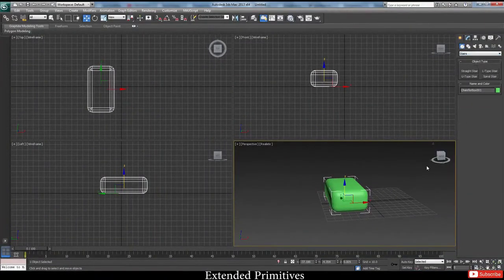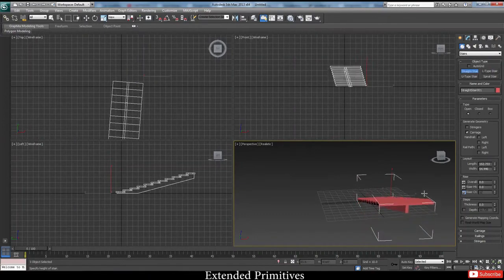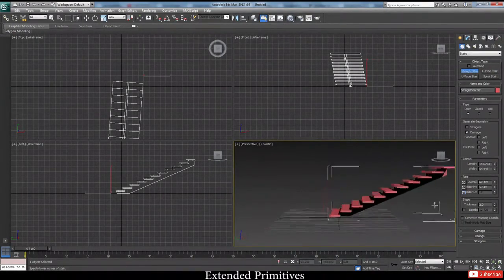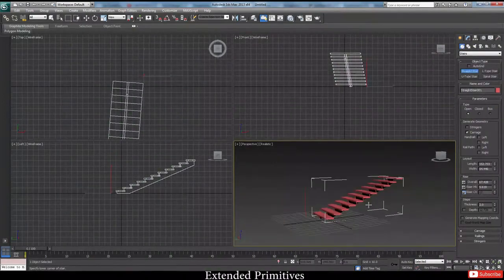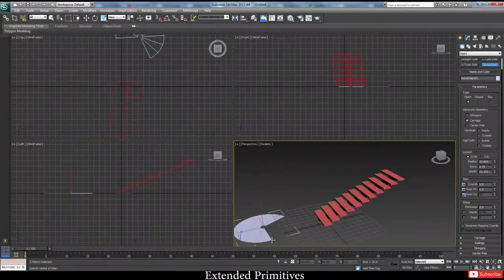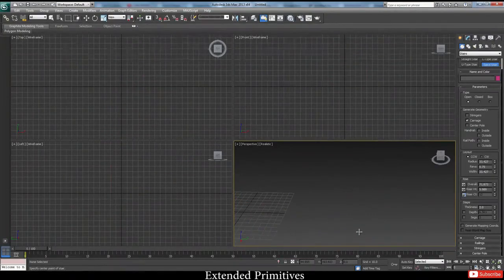Select this, delete. Let's create a straight stair. Select the length, drag it right and get it on top. This way, it happens with 3 clicks. And see, you have your stair ready. You don't have to go and build one box and connect it one by one this way. It's already ready for you. Similarly, one of my favorites is the spiral stairs. So here you create a radius, get it on top. That's it. Select all, delete.